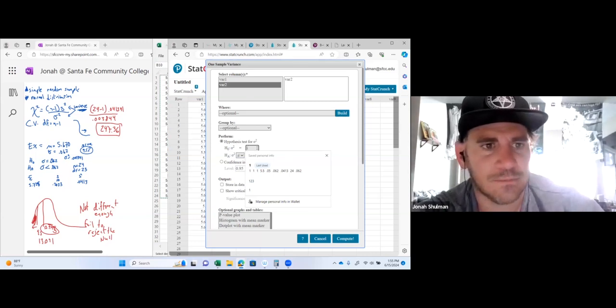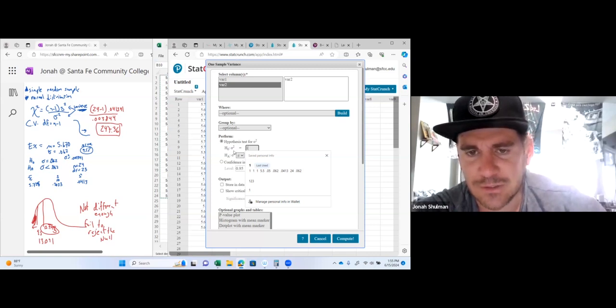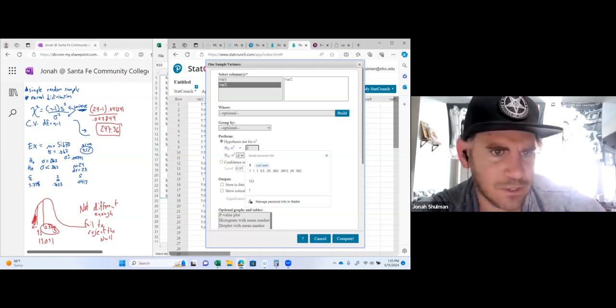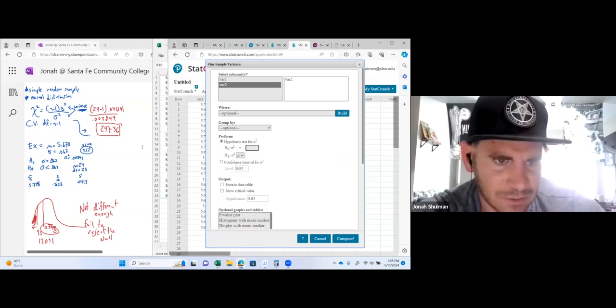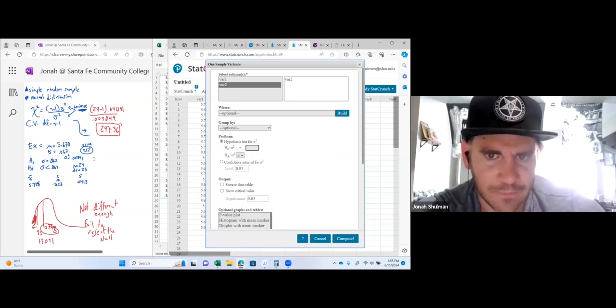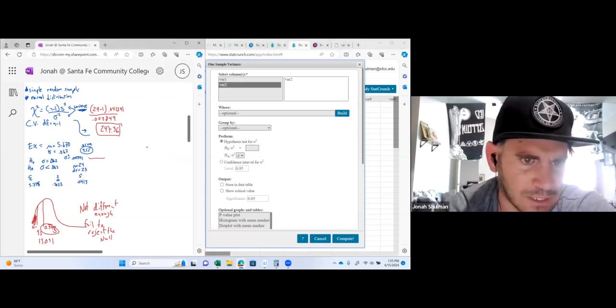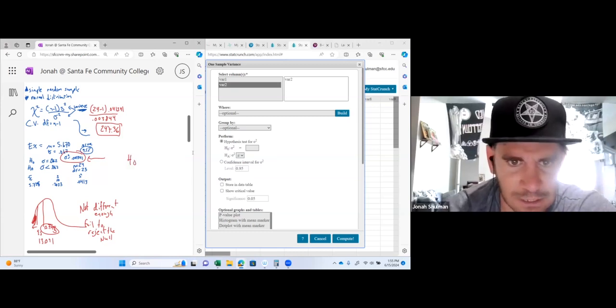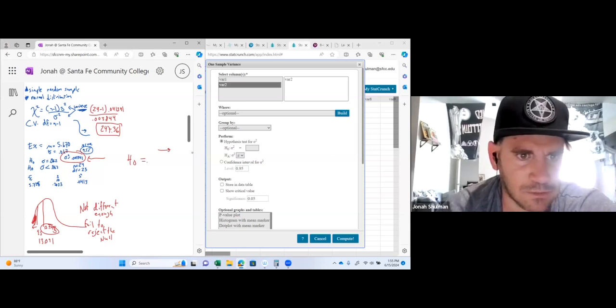Oh, I already see the mistake. What's the mistake? This says they want the variance. Where I was putting in what? The standard deviation. So I just have to change this to this value. The formula is just for variance, but we were using standard deviation. So this is the value I have to put in. And then so my H0 using the technology, it's good when I find my mistakes. All right, so it's